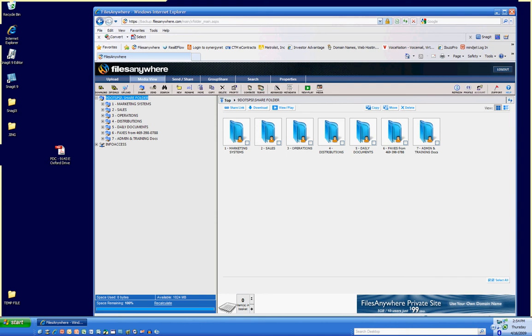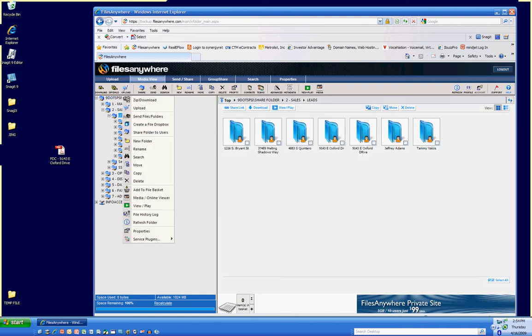What we want is to take this document over here that's on my desktop, and upload it over here into one of these folders. And at this stage of the game, more often than not, it's a lead. And what we're going to do is on these leads, we're going to create a new folder. So to create a new folder, all you do is right click on the folder that you want it in, click new folder,